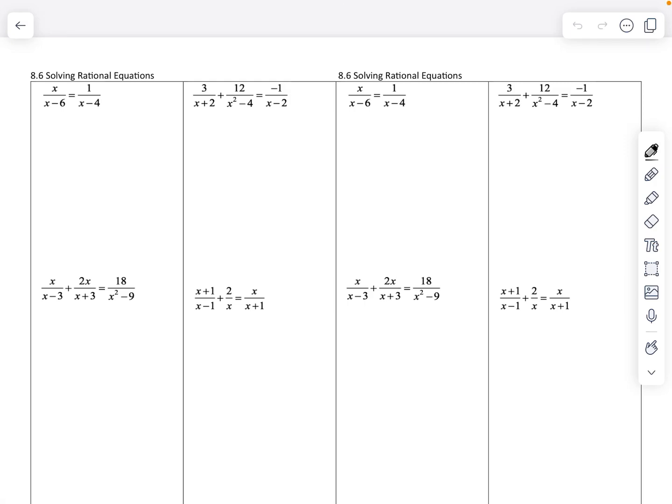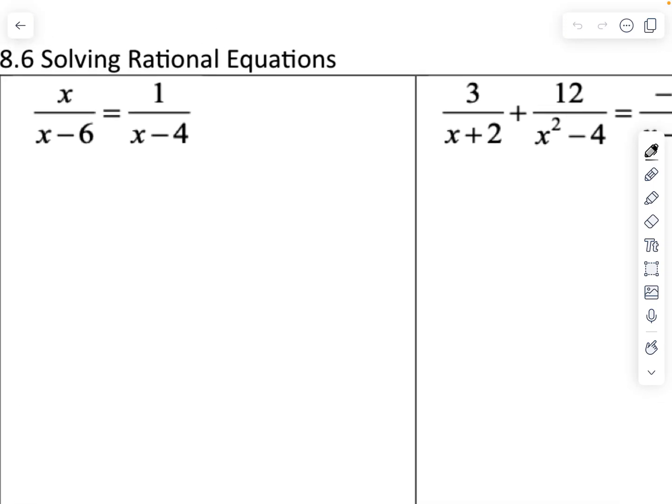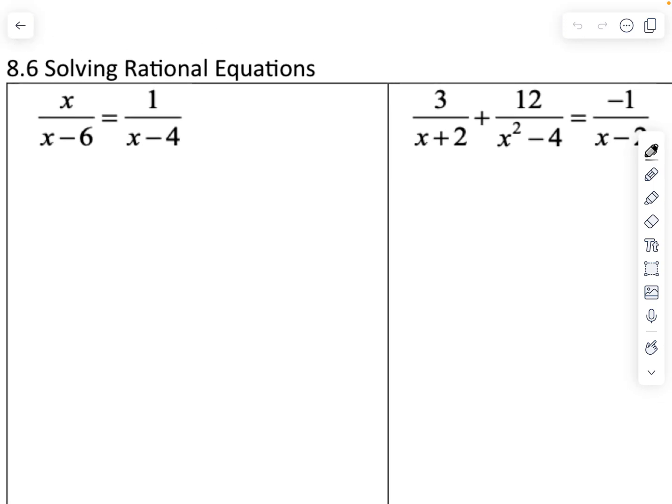Good morning, friends. This video is going to be on solving rational equations. What we've been doing the past couple weeks is simplifying them, but now what's different is we have an equal sign. So we have equations, no longer expressions. So the very first thing we want to do is remember that